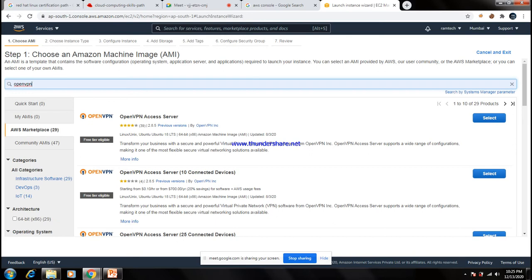If you want this OpenVPN service, you can select it and use it there. That is called the marketplace. Whatever type of service you want, you can buy in the marketplace. But everything there has a cost. So I want to go back now.